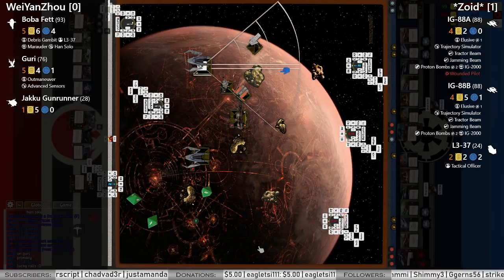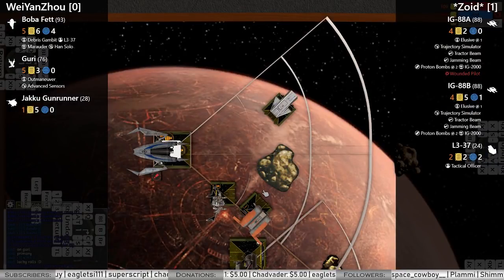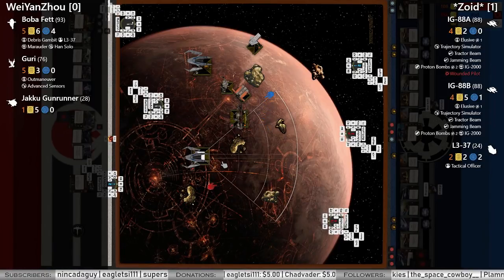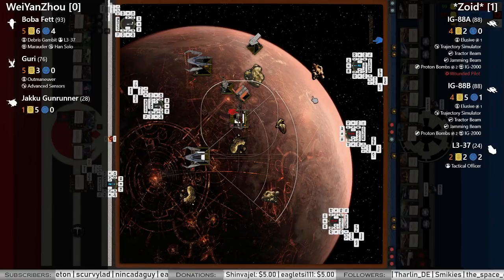Gonna spin the focus and take 2. Down to 3. See, now if that was an ion cannon shot, it would have been a hit and an ion, and then Guri would have gone right over this asteroid. But that is not to be. I probably would have moved L3 next turn, coordinated the double calculate, and then bumped so that I could shoot range 1 into Guri again. But anyway,